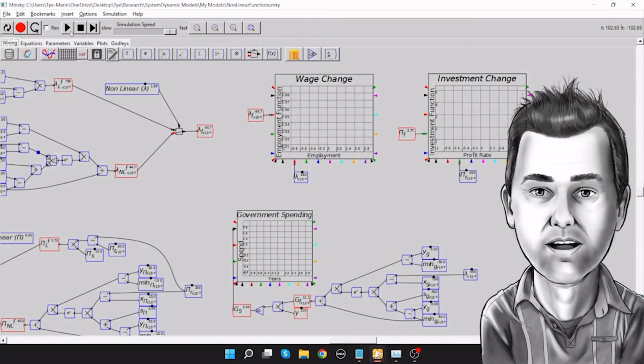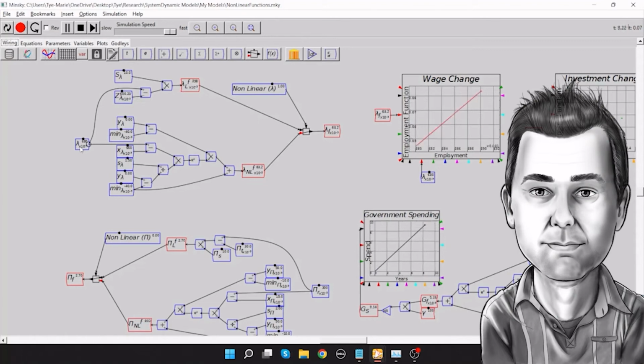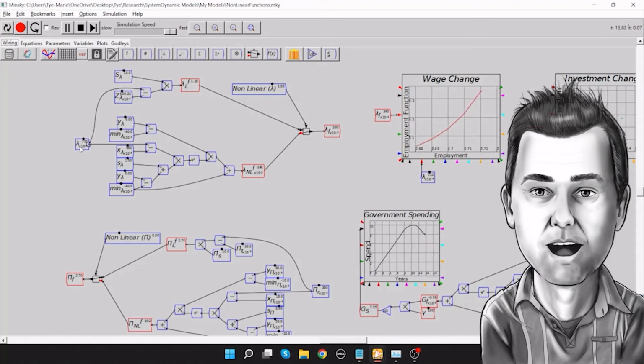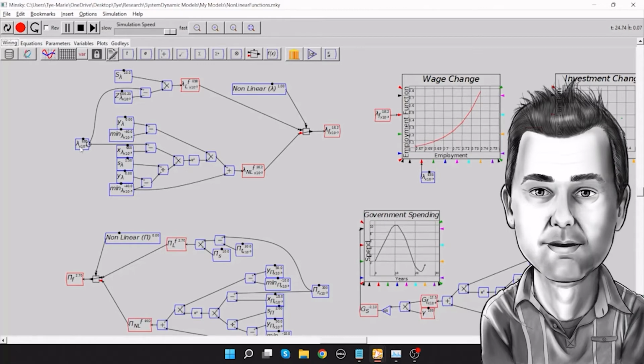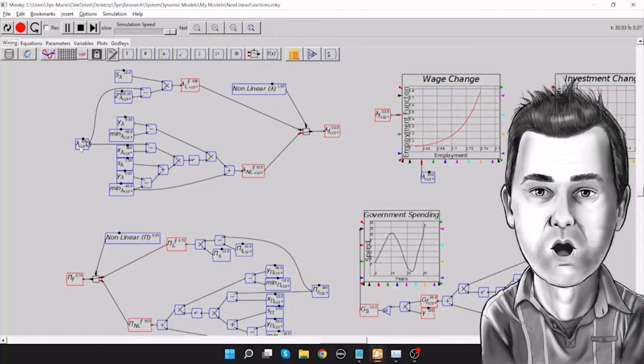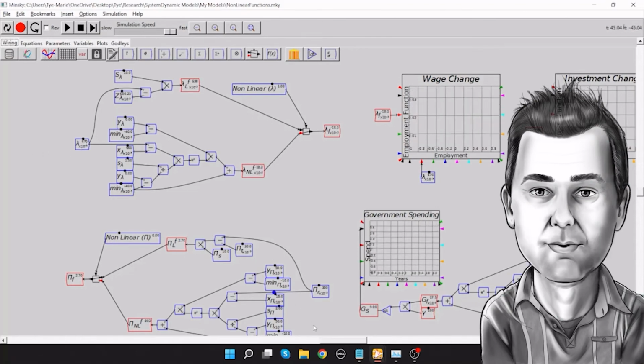So we'll run the model here. And we will adjust our employment. And as employment goes up, government spending goes down. As employment goes down, government spending goes up. And that's the function we've created here. And we're going to put that into the model. So we'll go to our model